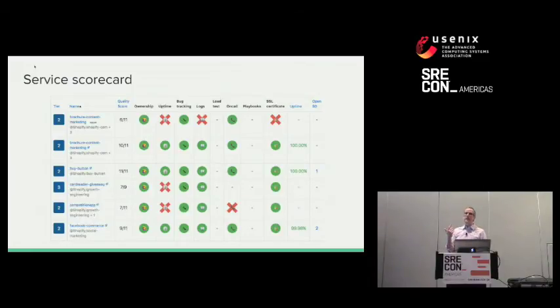If any of you were in the LinkedIn talk, it turns out we built exactly the same thing as them. So we were able to produce these personalized scorecards for an individual or a team or an executive, where they can see all the systems that they own or are involved with, and see, first of all, this quality score. Then we've picked out the most important pieces of infrastructure that need to be in place, and you can see it all in one place where the problems are. And this very top row, I realized afterwards, is a staging server, so the fact that it's missing a few things isn't that bad. But yeah, you can see a view of these different systems and how well they're doing.